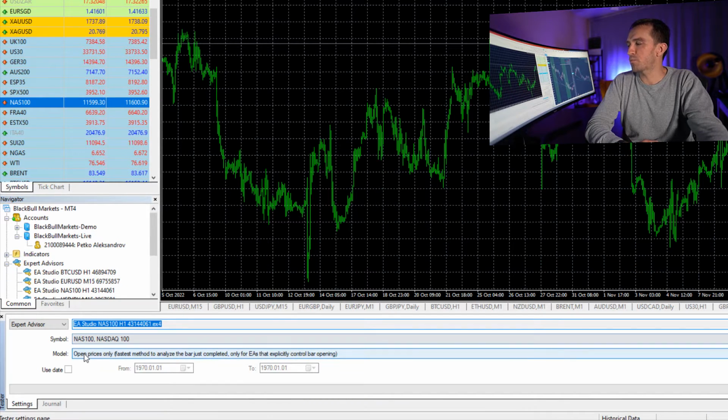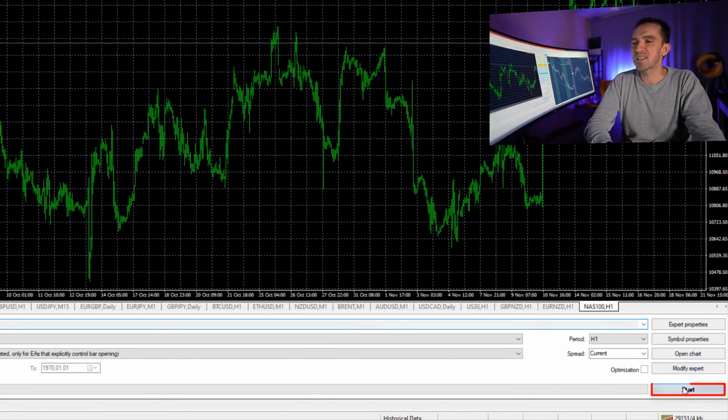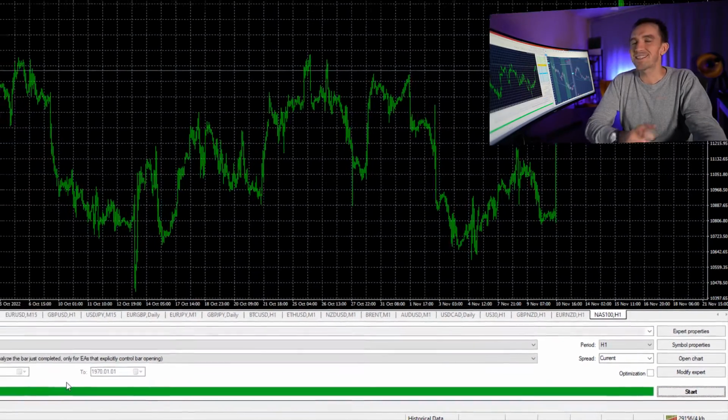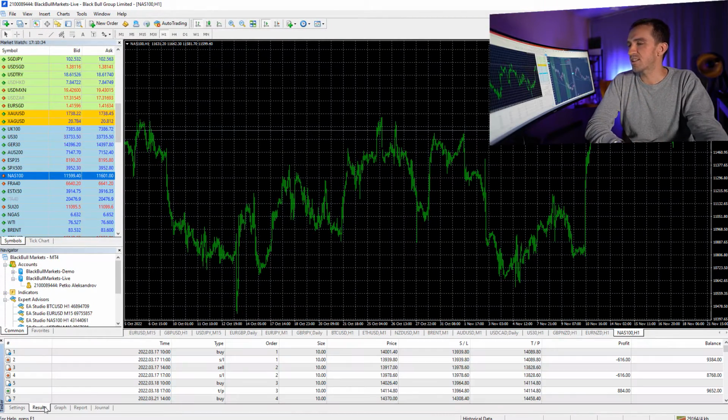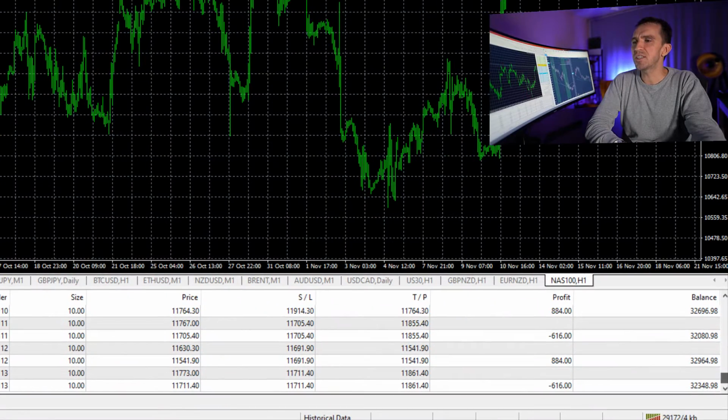I will stick to open prices as a model, which means that the Expert Advisor opens new positions at the opening of the bar if the rules are in place. And then I will just hit on start and the backtest is extremely fast. Okay, I will go to results and here are all the orders that executed with the broker. You can see that the balance grows up until